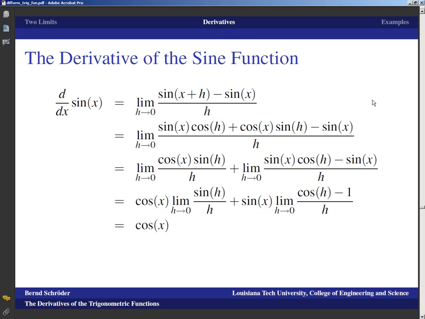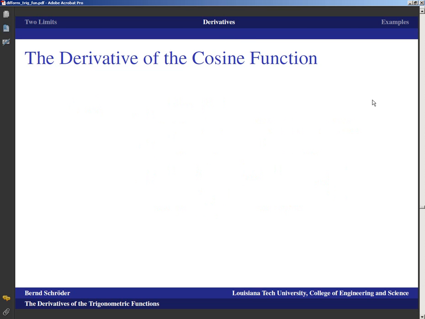We will summarize those one more time. Well, how hard can the derivative of the cosine function be? We could use a similar derivation, and it would be similarly ugly, if you will. But we could also use the chain rule. The derivative of the cosine of x is the derivative of sine of pi halves minus x. So all those co-function identities and the like that you have seen in trigonometry are very useful at this stage of calculus, because now I don't need to expand a cosine of a sum or anything like that. I just have to take a derivative with a